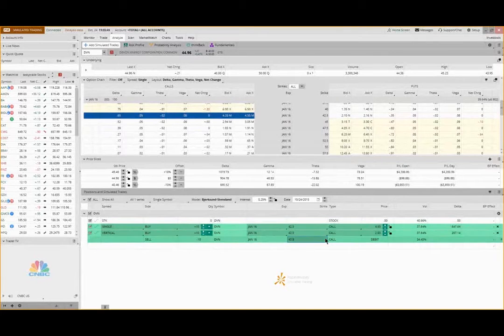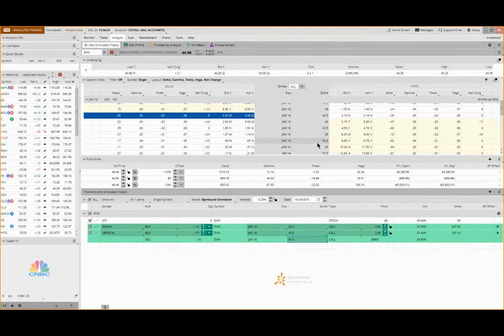Now, you can see that my cost went from $4.50 to $2.55. So my cost was reduced almost in half by doing that. Why? Because I collected premium from that 47.5 call. I collected almost $2 to put against that $4.50. Now, of course, my profit will be capped to the difference between the two strike prices, which is $5, minus my debit paid, which is $2.55. So basically what I'm doing is risking $2.55 to make $2.45, the difference between the 5 wide strike and what I pay. Okay? Now, we can always widen this further.